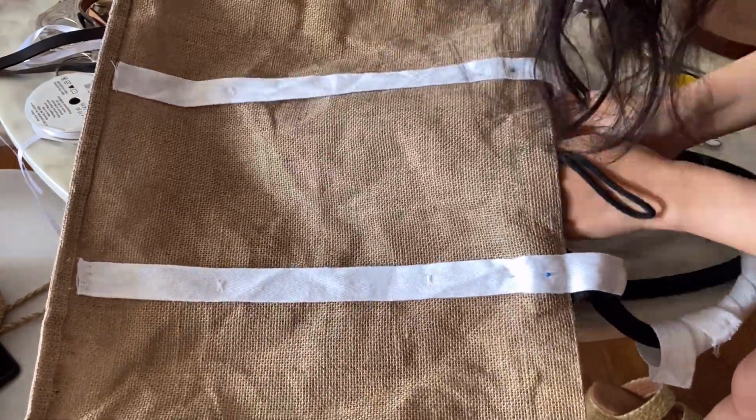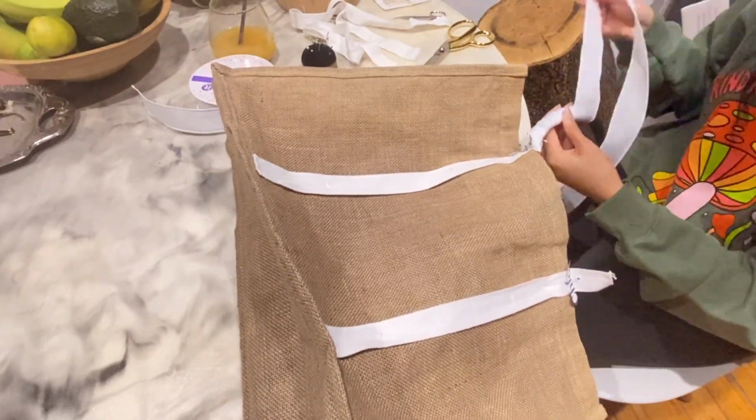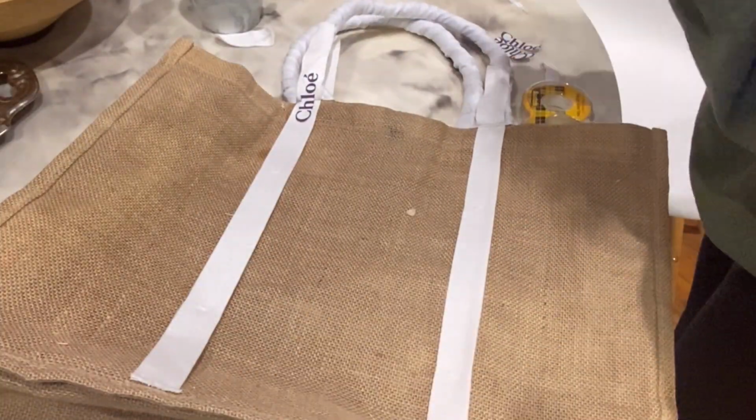I ended up running out of white ribbon to wrap the handle, so we had to make a quick trip to Joann's to grab some more ribbon. To be honest, it felt like I paid $17 for less than $7 worth of stuff, but you know, this is America. Vlad also had a leftover leather strap he no longer needed from one of his bags, so I